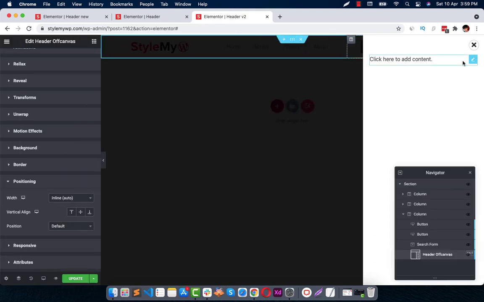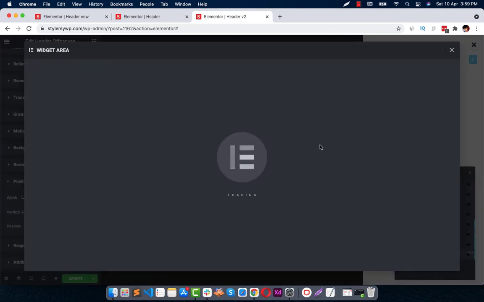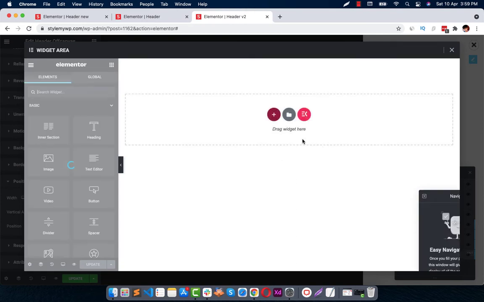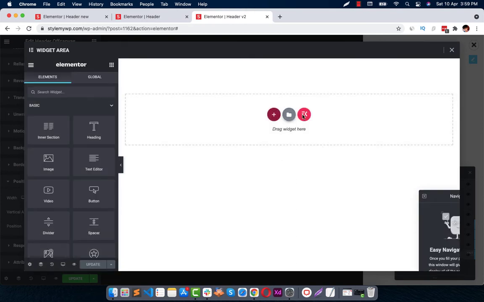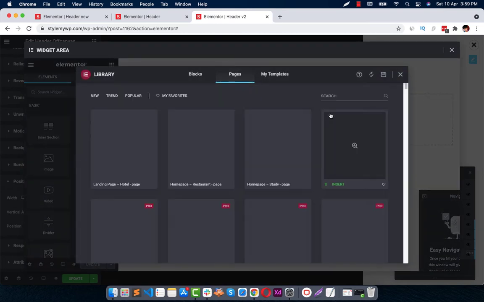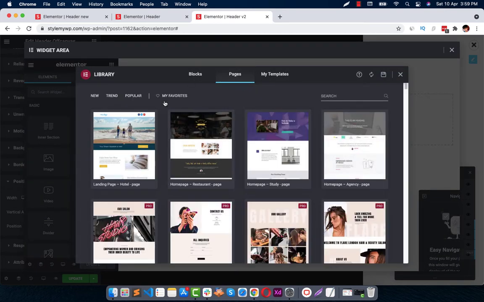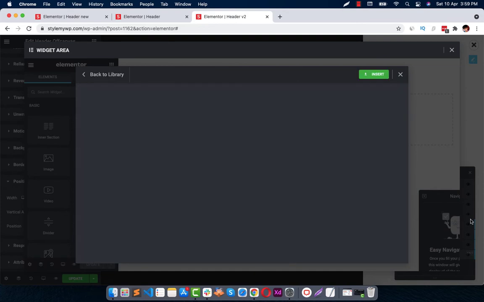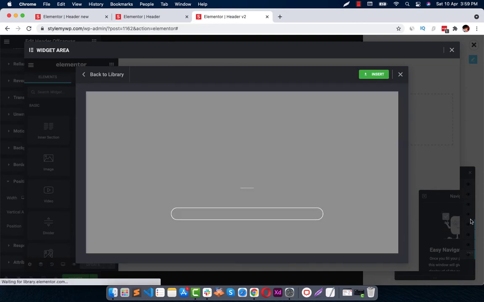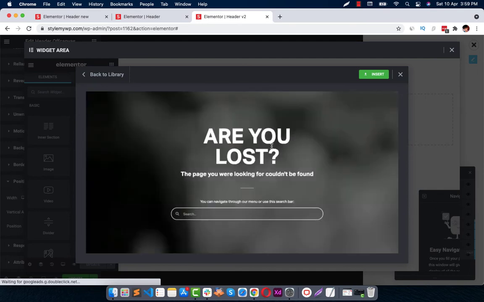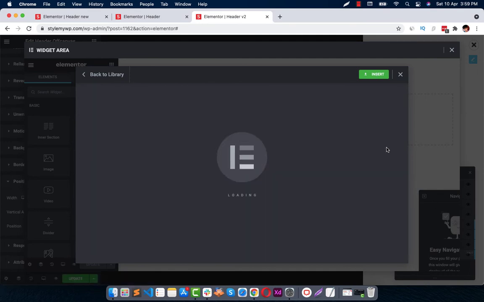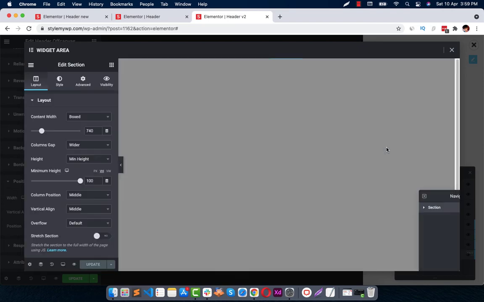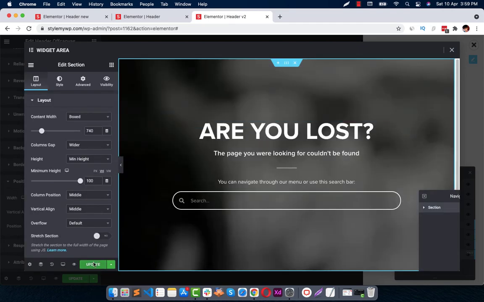To add some content, you just need to click on this button and choose any content. For a faster video, I can just choose any content from these blocks already created. For example, we can use this. Okay, here we can update this now.